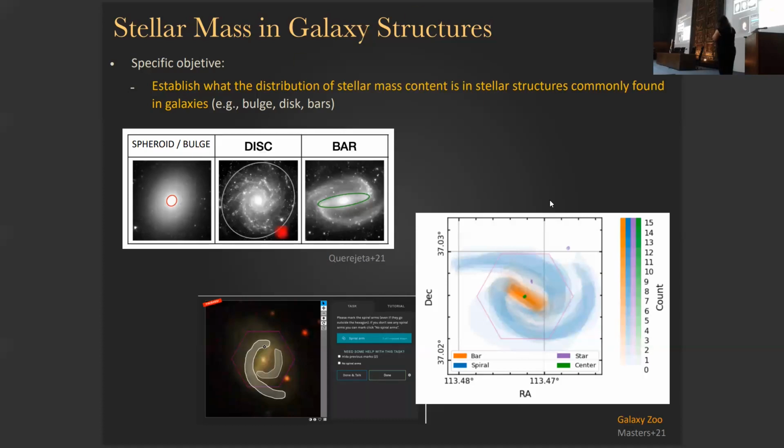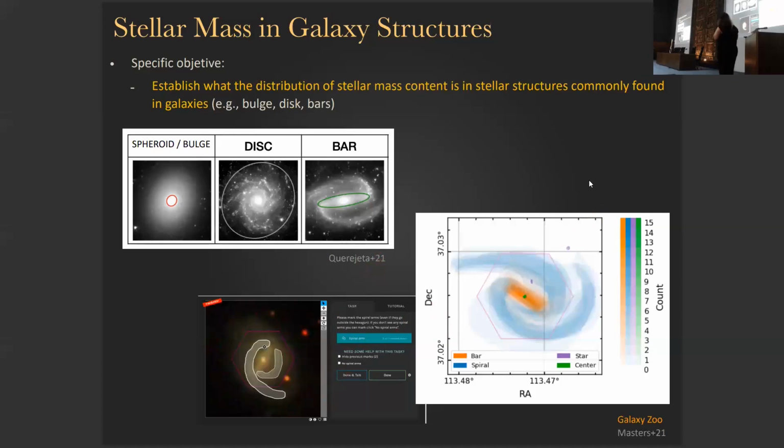This is a plot from their paper in 2021, where they make the distinction between the bulge, the disk, and the bar. This can be done in many ways, using GALFIT, using Morfometryka. We heard yesterday from Amanda that we have different means of doing this. This is also just to show you a bit of the variability, the diversity in approaches.